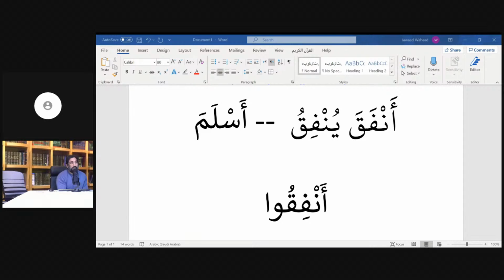the dictionary. The same way with qala yaqulu, which is a complicated verb, but anyway, the common master is qawlan, but there's also qilan and maqalan and maqulatan. There's a bunch. Or ghafara yaghfiru, which is like daraba yadribu, forgiveness, to forgive. Ghafara yaghfiru is maghfiratan and ghufranan, and probably some other ones in the dictionary that I'm not familiar with. I'm familiar with the ones that occur in the Quran, but I don't look for other ones. But I'm sure the dictionary probably has even more masters that are not employed in the Quran.